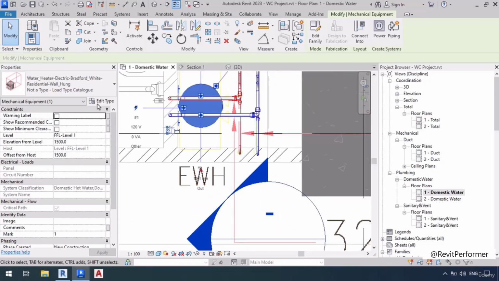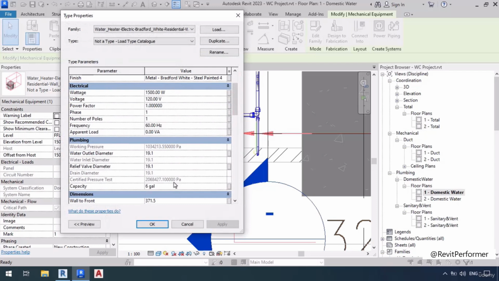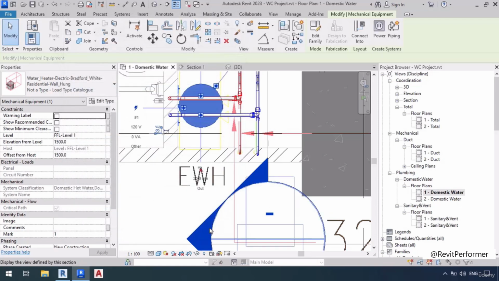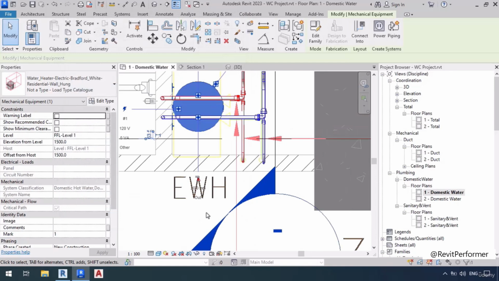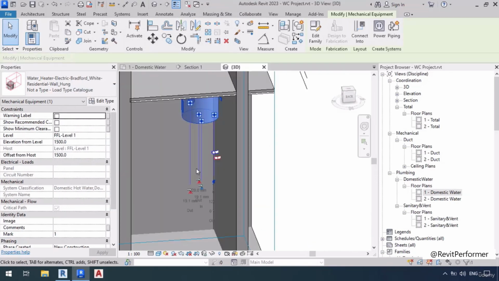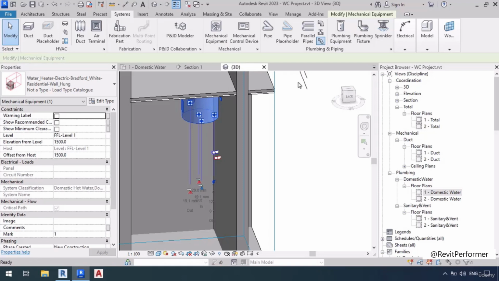Now, while I'm here, I'm going to go to the edit type to see if I can edit the numbers. And yes, here we have the water outlet diameter. I'm going to change this to 20 millimeters or the 3/4. Then click OK. And now the diameters have changed to 20. So now let's go back to 3D and then go to the Systems tab, Flex Pipe,